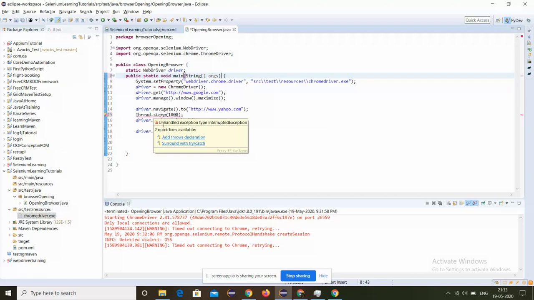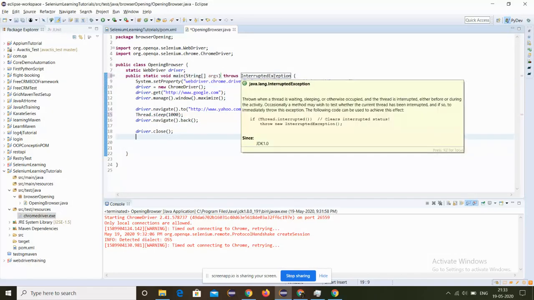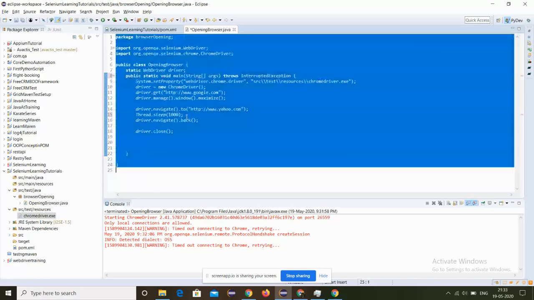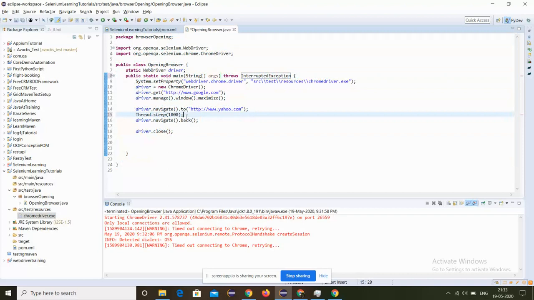For the sake of simplicity, we can add the throws declaration. We have added InterruptedException, and now it will wait for some time. Control and Shift plus Home selects the whole row; just copy it and paste it here. Now it will wait for some time.